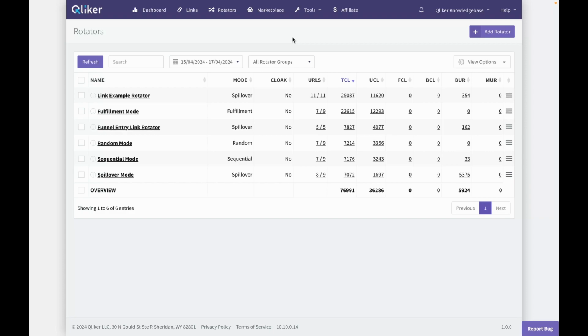Welcome to our tutorial on viewing traffic quality for rotators. Are you ready to gain insights into the performance of your rotator links? In this video, we'll walk you through the process of accessing traffic quality for your rotators, allowing you to understand